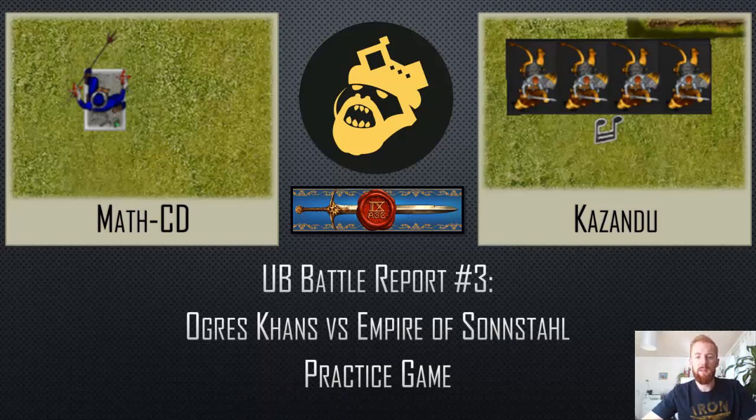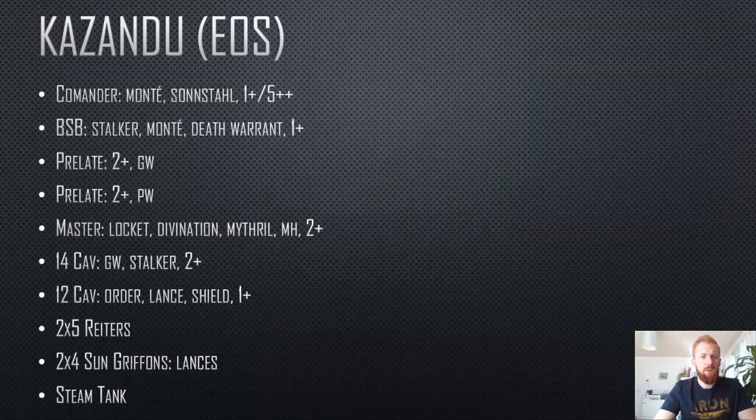This time I was facing Empire of Sonnstahl, played by Kazandu, another player that I found on UB. I played the exact same list as I played the game before against Kingdom of Aquitaine, and it was another practice game, just basically. That's the list of my opponent, so he was playing basically a cavalry list around 2